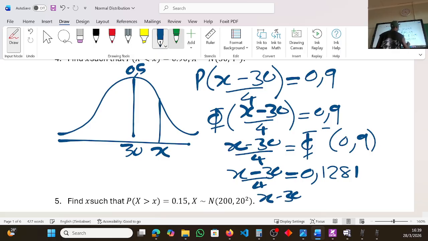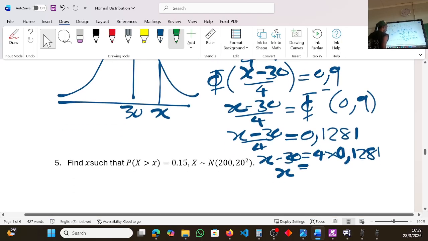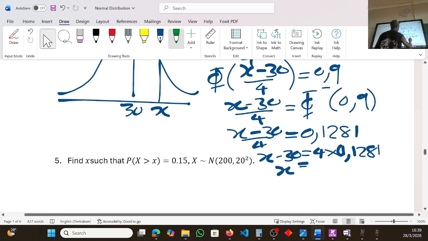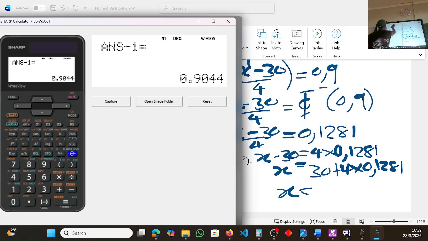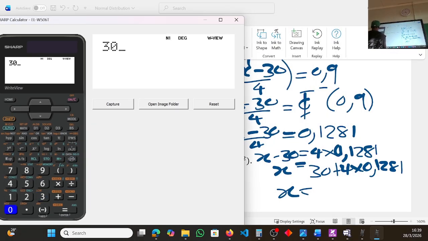Therefore, x minus 30 is equal to 4 multiplied by 1.281. So my x is actually 30 plus 4 times 1.281. Let me try and simplify with my calculator: 30 plus 4 multiplied by 1.281, which will give us